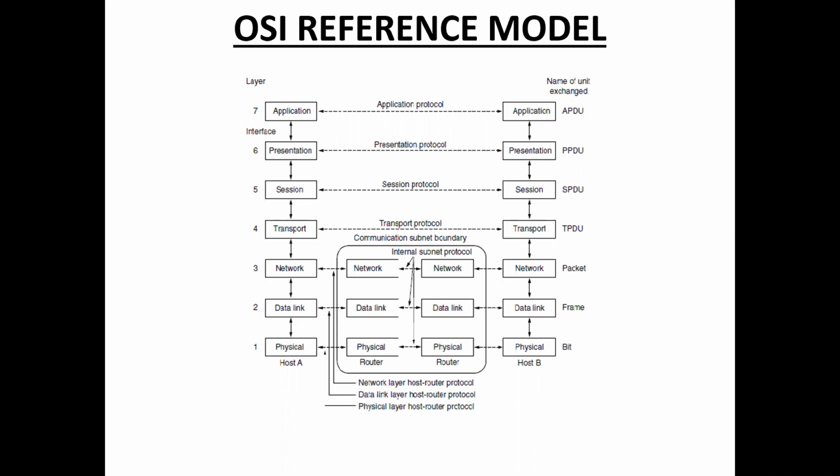Suppose sender A sends data to receiver A. If the data is received by the receiver, then the receiver sends the acknowledgement to the sender. If there is any error, then the sender retransmits the data once again.